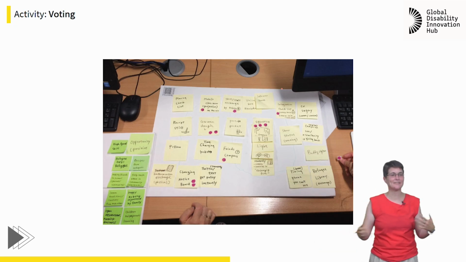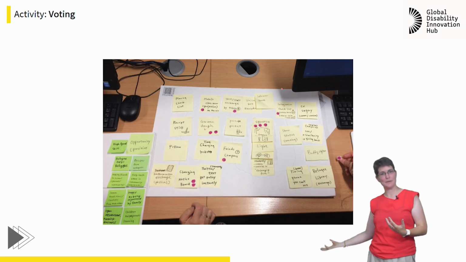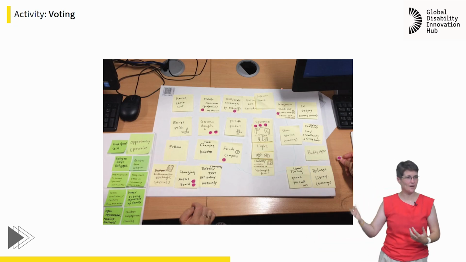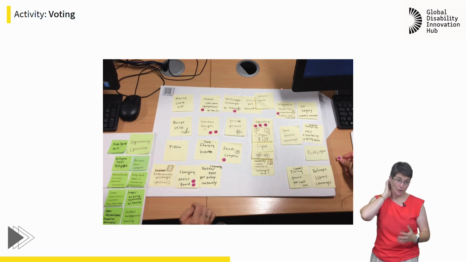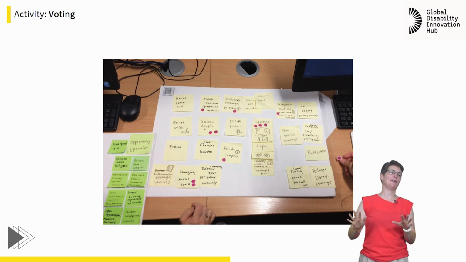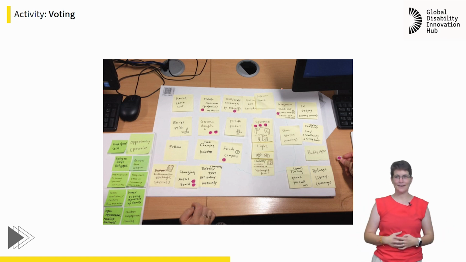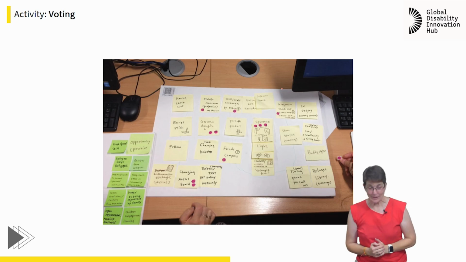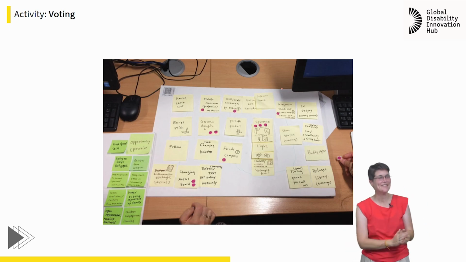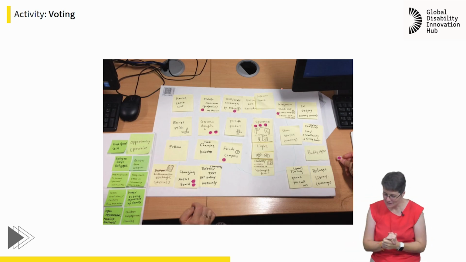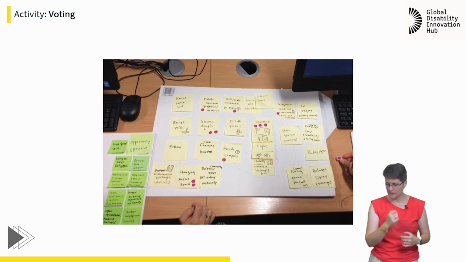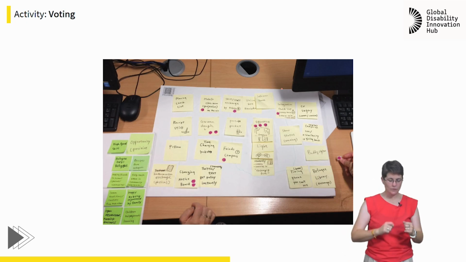So with the voting system, all I know now is I've got to convince people more. Does that make sense? I'm going to have to work harder at convincing people. But in proper co-design, I would have accepted that defeat and walked away, but I haven't. So they don't know that yet. But in this case, for example, you'll see that the first thing when you're doing the voting is,